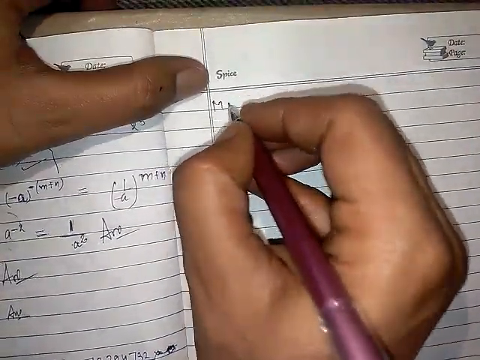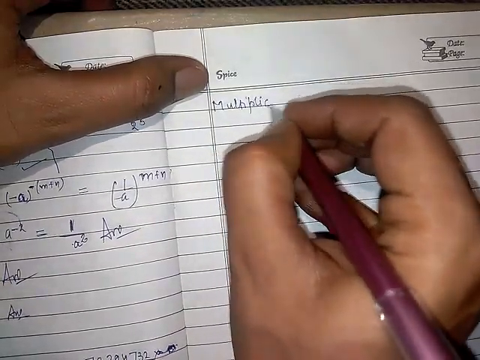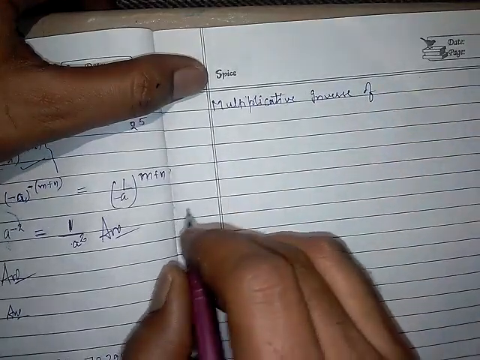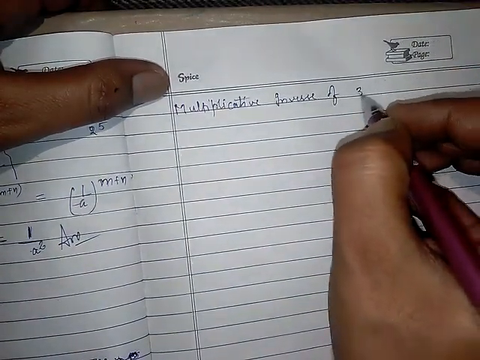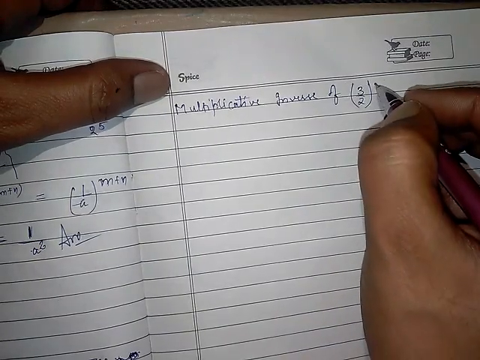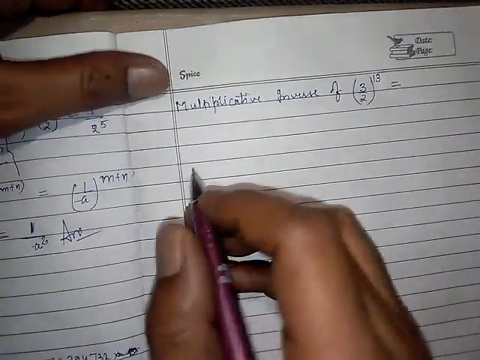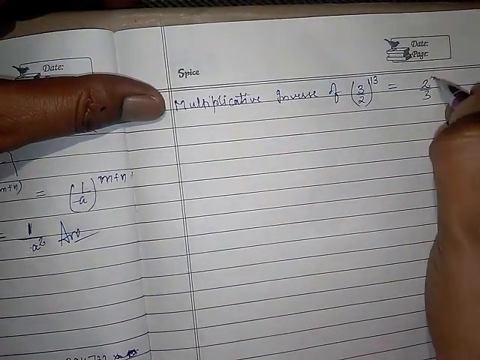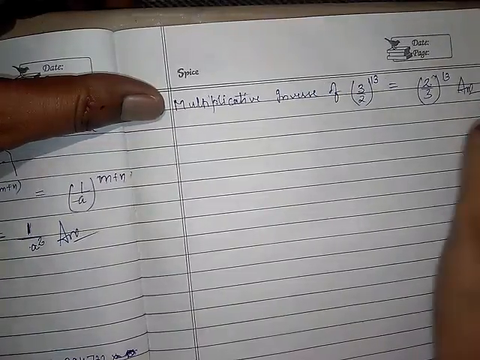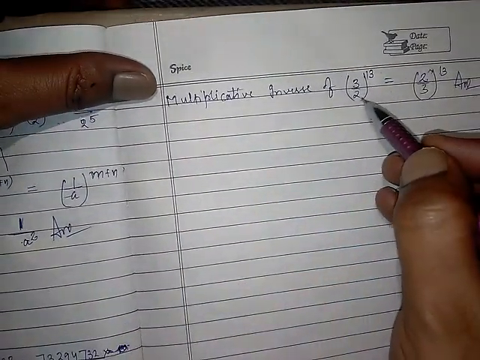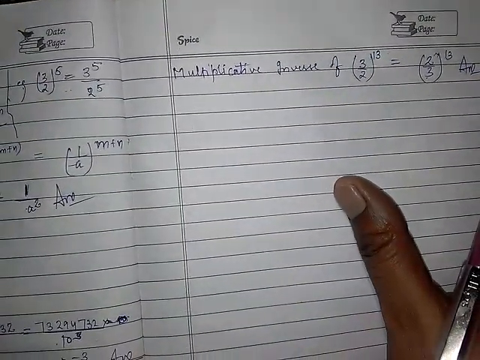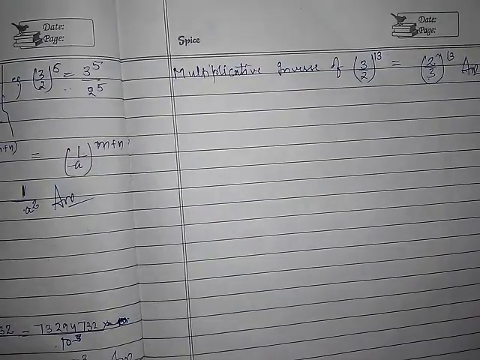So after that, multiplicative inverse. Now you need to find out the multiplicative inverse of the answer. What is the answer here? (3/2) whole raised to the power 13. And what you need to do in the multiplicative inverse? You have to reverse it. Reverse means the power will remain same only. Your work is only to reverse the base, that is 2 upon 3, and the power will not change. That will remain as a positive only. That is 13 only. Right.